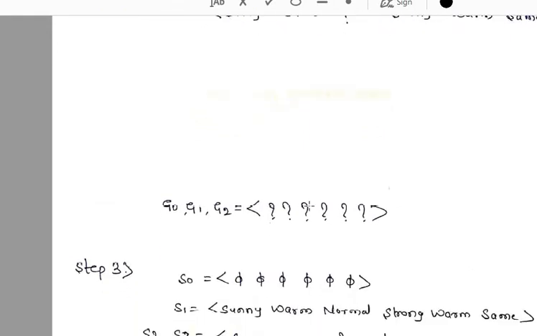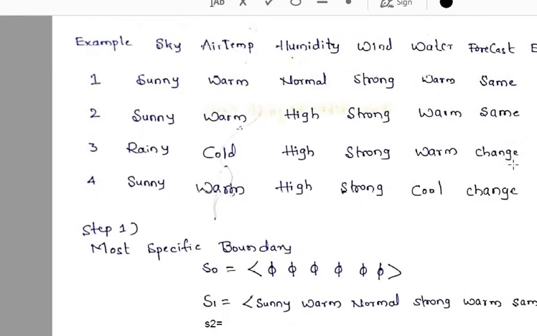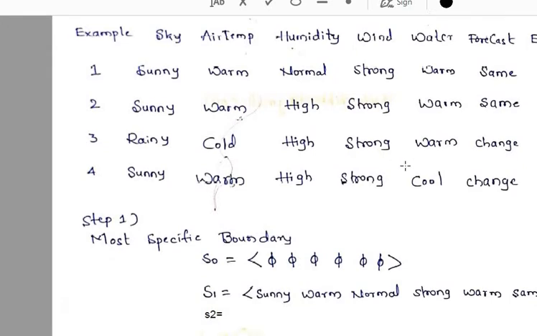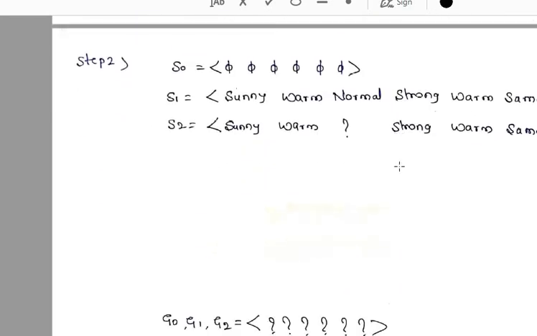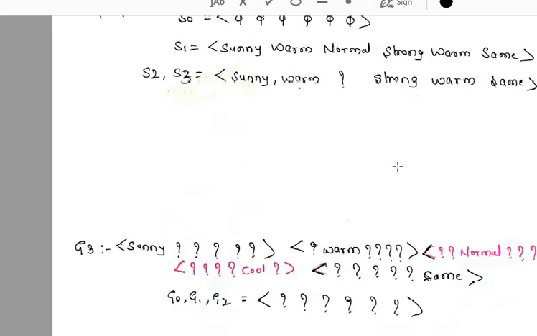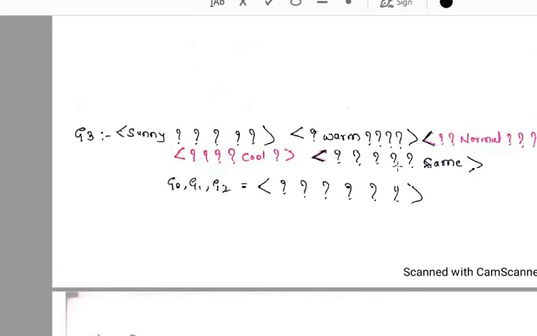So that means now I have to change this question mark, because if I put the question mark like this only in the third step also, it says that it is classifying it positively, but our example is classifying it as negatively. The third example is negative. So hence, to classify it as negatively, we will split this question mark into the attributes. We have 6 attributes, right? So we will split into 6 attribute values.